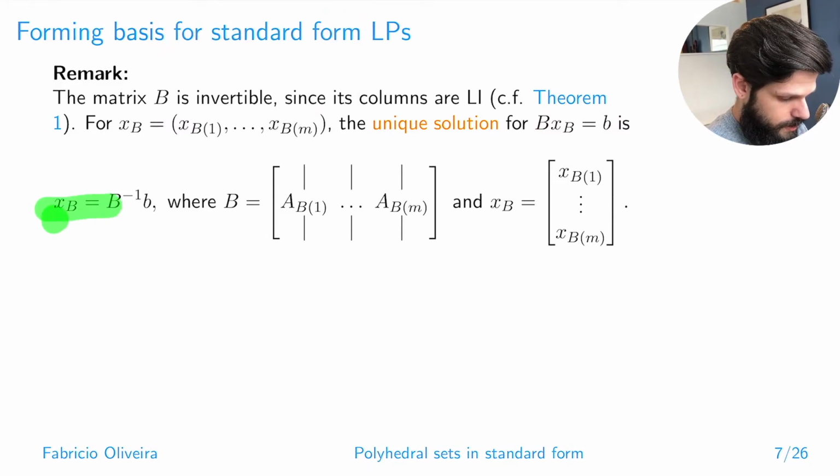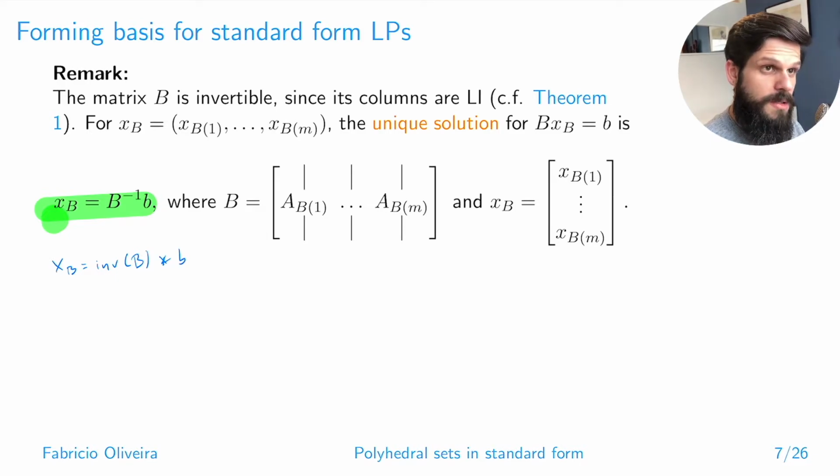The unique solution for this system that we are left with can be trivially calculated like so. By the way, in Julia, just like in MATLAB, you have something that is called the backslash operator. So you can calculate these things by doing something like inverse of B times the vector b. But inversions are not exactly efficient operations. So a more efficient way of finding the solution for these systems is to actually use xB equals B backslash